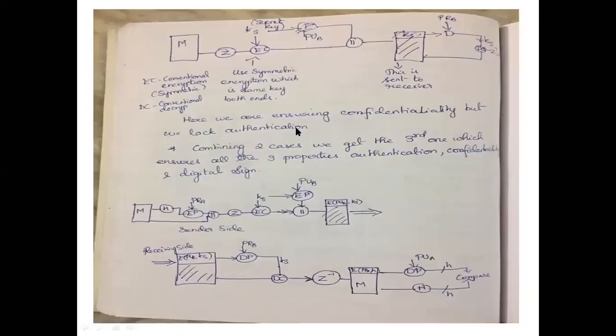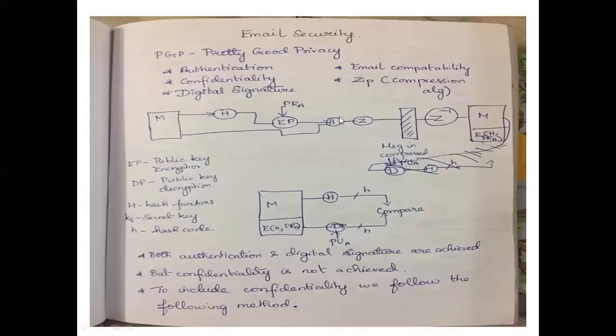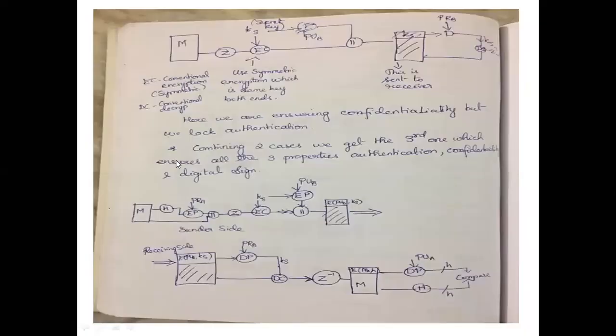Now see in this diagram, same thing. The hash function is used. The private key is used for encryption. That is again appended and sent, and a compression algorithm is implemented. Okay. Until this, it is from the first diagram. From this diagram until this part. Hope you are able to see this part. Now it jumps to this diagram.